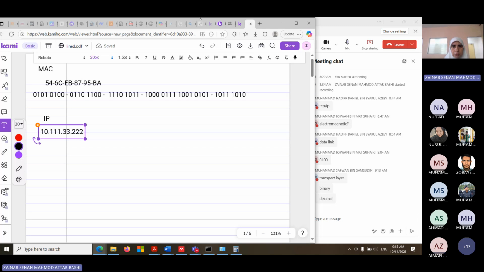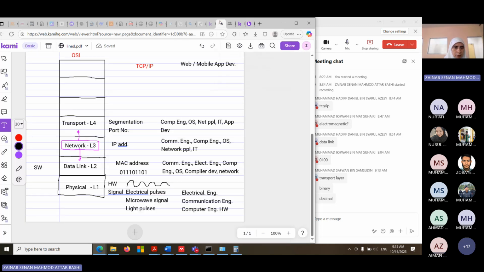Why do we make it decimal? As we said, as we go up toward the upper layers, we are coming nearer to the human being, the user. And the user may call you and say, oh, the internet is not working. Then you ask him, as a network administrator, what is your IP address?